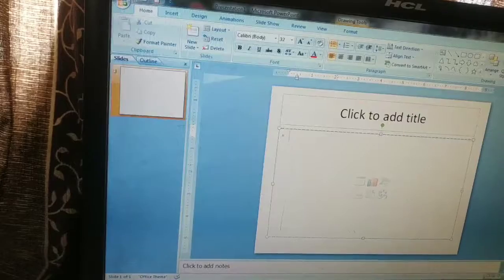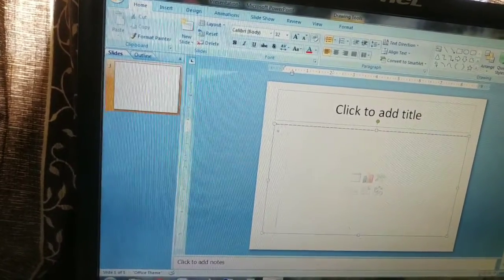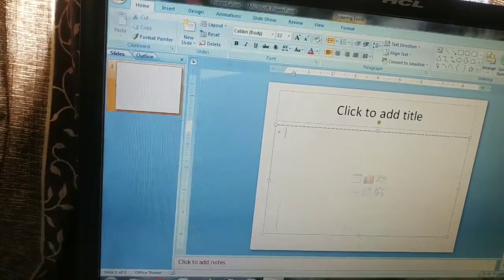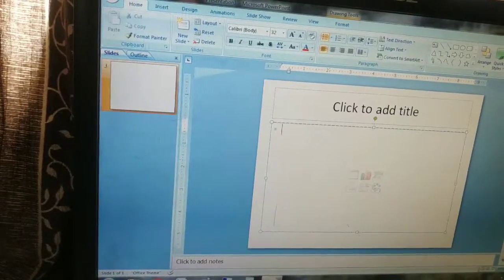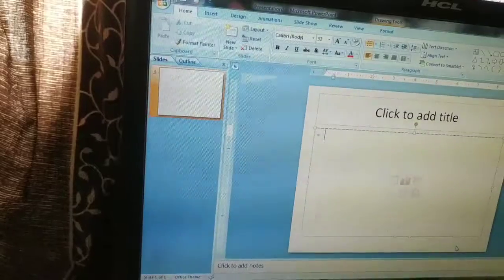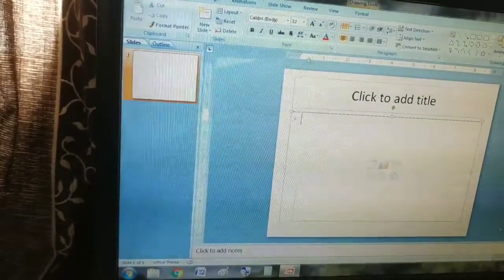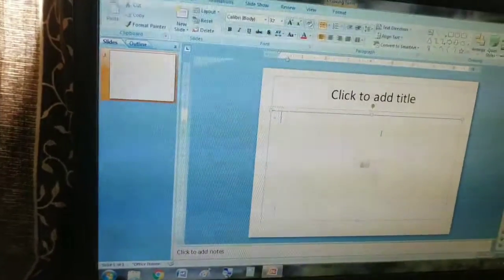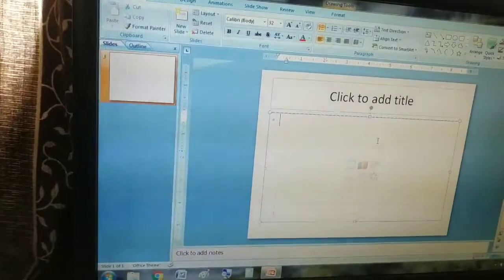Music or sound can be added from the file saved on your computer or your own recorded sound or from CD-ROM. Here are steps to insert sound from a file. Select the slide where you want to insert sound. For example, here we want to insert sound in our slide.